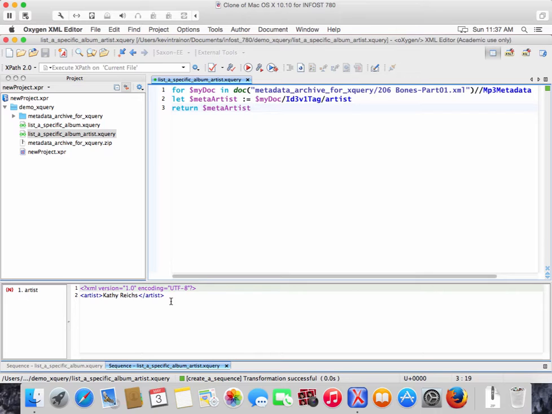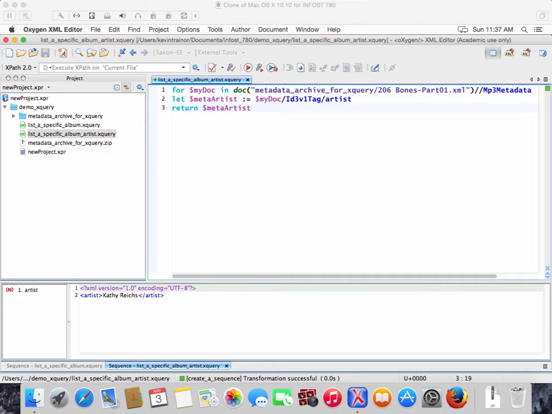Okay? The only problem is that so far we're limited to the element that contains the text that refers to the artist. We are limited so far to have the same element name. So that's a little bit of a limitation, but not too bad. Okay, so we were able to get the album title and we were able to get the album artist. Let's see what we could do if we wanted